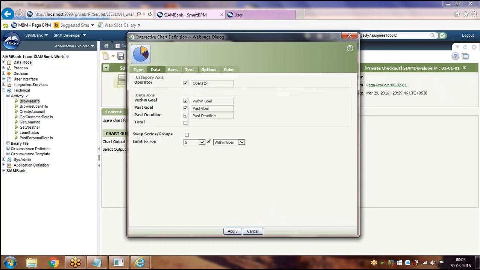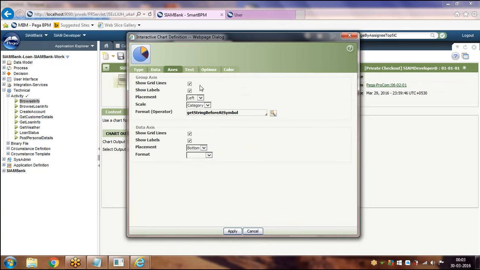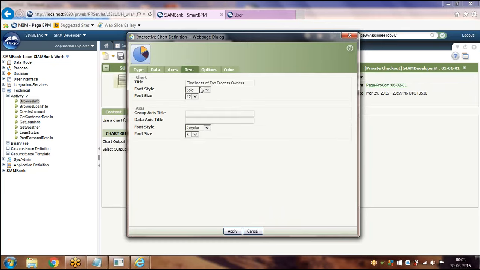So you can select the data based on which you want to show this here, and the granular level like show grid lines, and multiple options were available. And if you want to change the text, if you want to show it in italic, bold, regular, and bold italic, you can choose the option here.